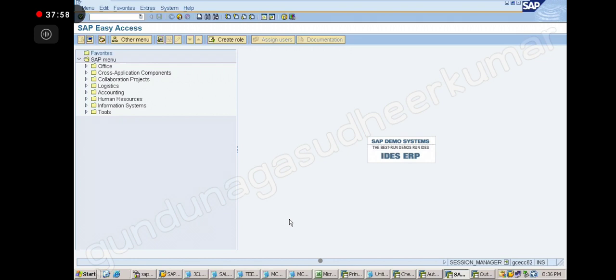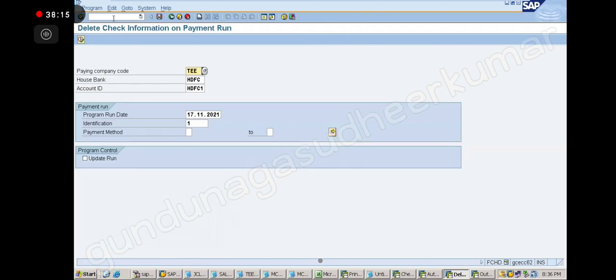Sir, without voiding we cannot reprint the checks in APP. You can do that also. What you have to do is delete the data. How can you do it? You have to go to SPHD. Here you have to delete the data. This I don't suggest because there are chances that the server will get affected. So you have to execute this program and it will delete the check information.